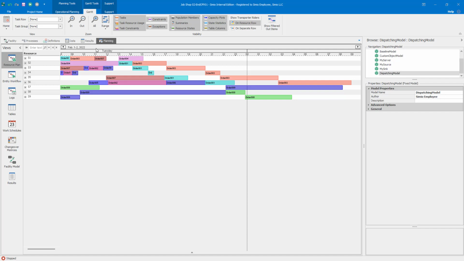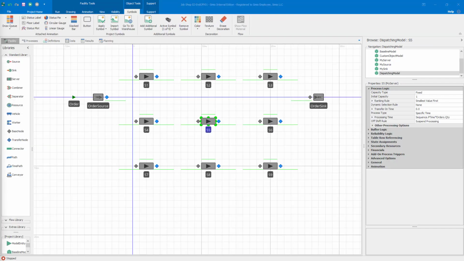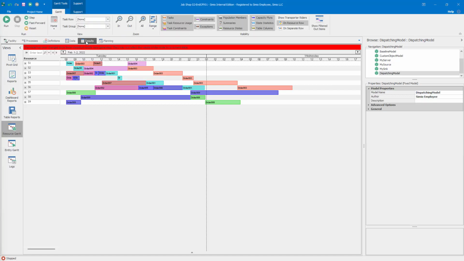So that's the basic introduction that we're going to do to dispatching. Again, we're going to spend a lot of time on dispatching and show how we can use different values. In particular, one thing that you could experiment with, I'm not going to do it in the video, but remember